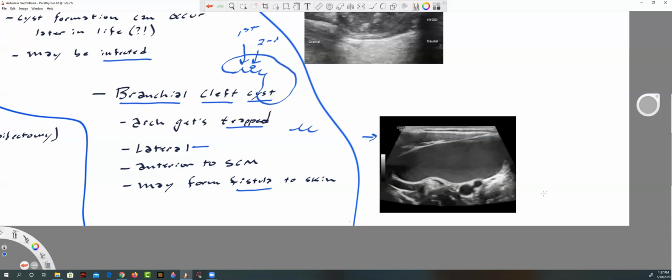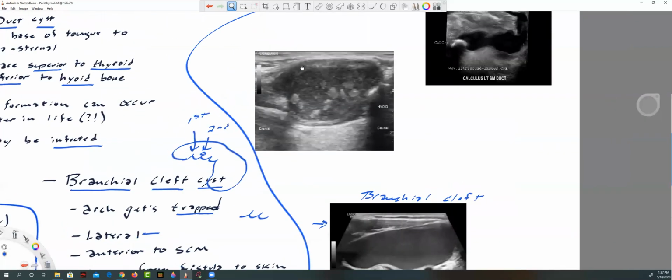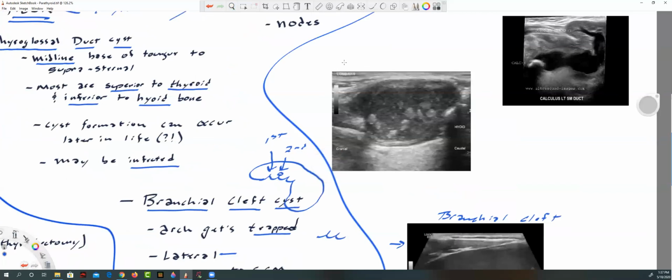So it's got to be pretty high up in the neck here to find the bifurcation. Anyway, this is a branchial cleft. This is an ugly, I'm going to write that down, ugly. It's filled with all sorts of stuff. I don't know that it's infected, but this is a